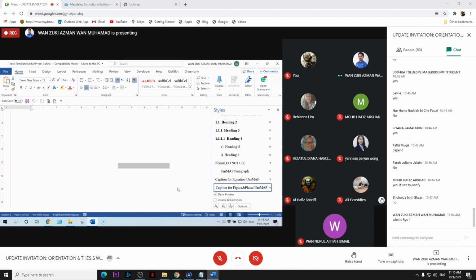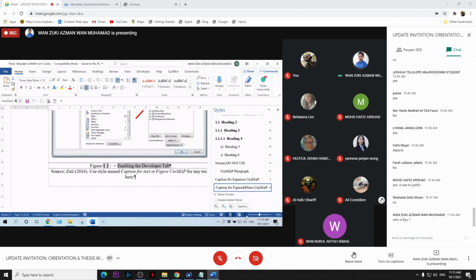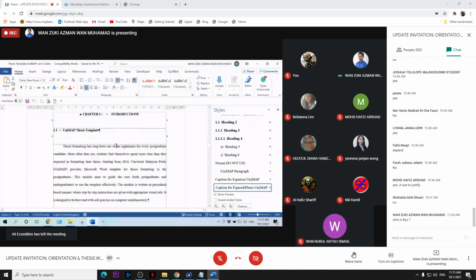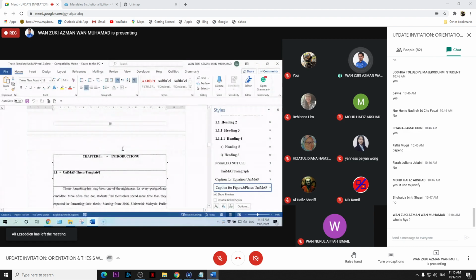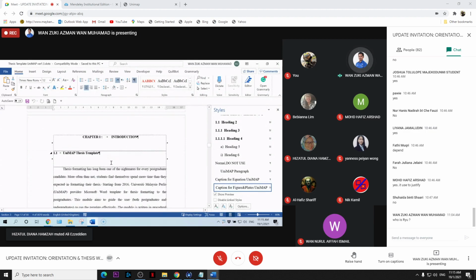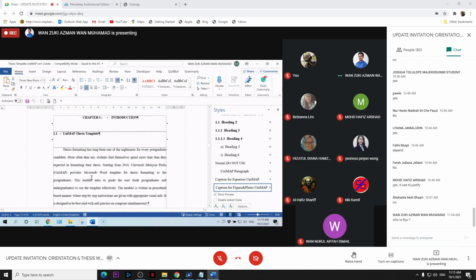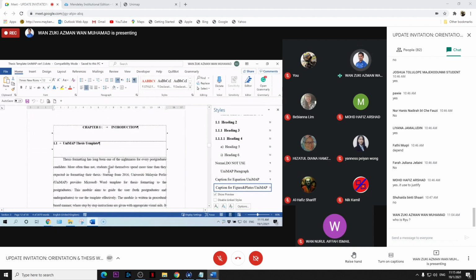So this is how you study the template. If you want to study the template, you can put your cursor at any part of this example. This template is just an example, not to replace this content with your content. That's not the correct way.